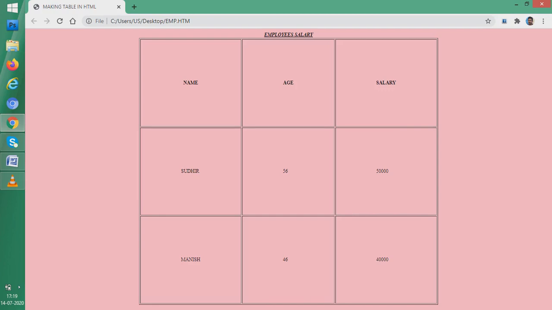Everything at the center, isn't it? So what is the use of cell padding? I said cell padding is equal to 100. What I meant was that from each side, from left, from right, from top, from bottom, you actually give 50-50 space at each side, 50 at the left, 50 at the right, 50 at the top, 50 at the bottom within the cell,